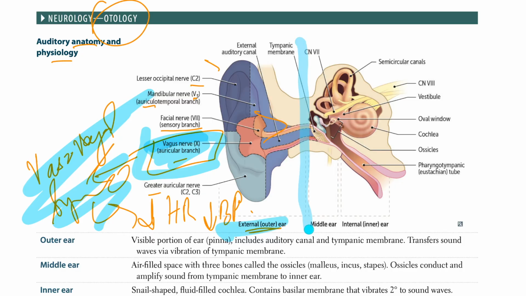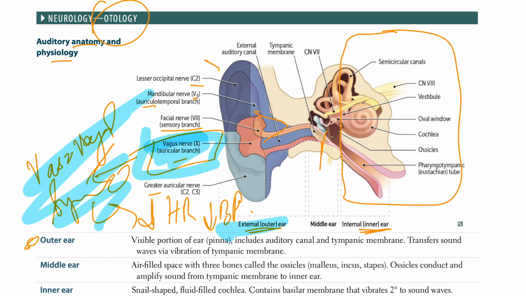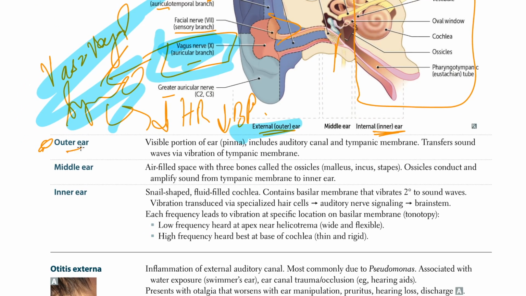Now just take a look at the middle ear. Middle ear, let me erase this. In the middle ear, what we have is the tympanic membrane and the ossicles, and in the last, the inner ear, we have all the rest of the things, which we will talk about here. So let's take a look here. The outer ear is the visible portion of the ear, which is the pinna, and includes the auditory canal and the tympanic membrane,